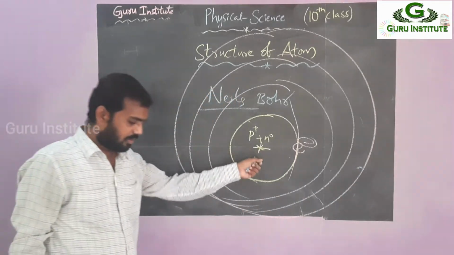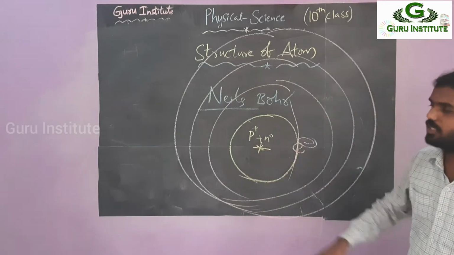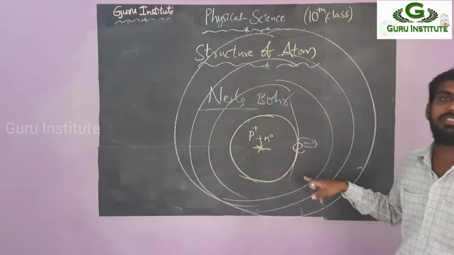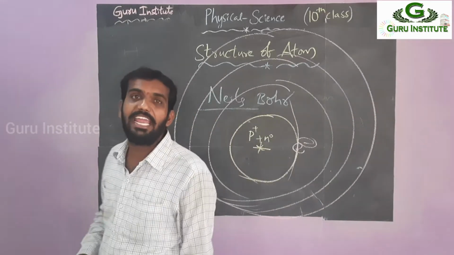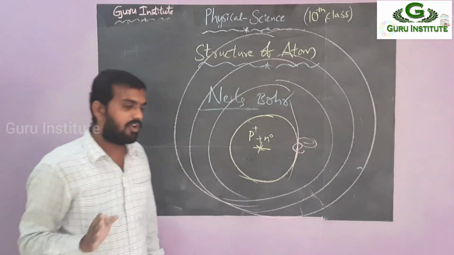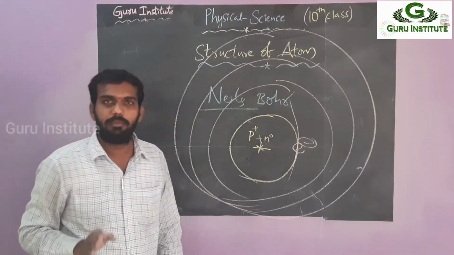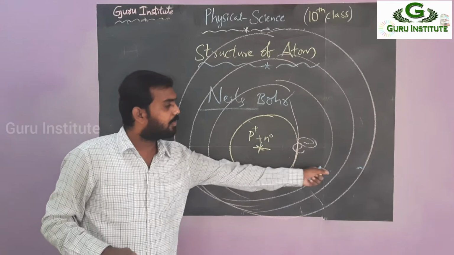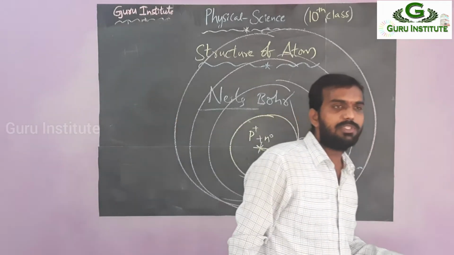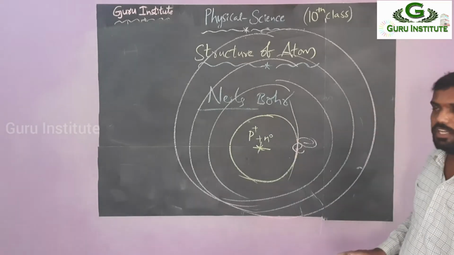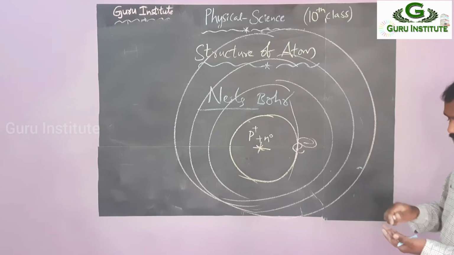The atom is a spherical shape. In the center, the nucleus is there. The nucleus is the protons and neutrons, and electrons revolve around the nucleus in a fixed path, like planets revolving around the sun. That's why it is called the planetary model, Bohr's planetary model. In this path, the energy is fixed, so he gave it the name stationary orbit. The first orbit has less energy compared to the last orbit.